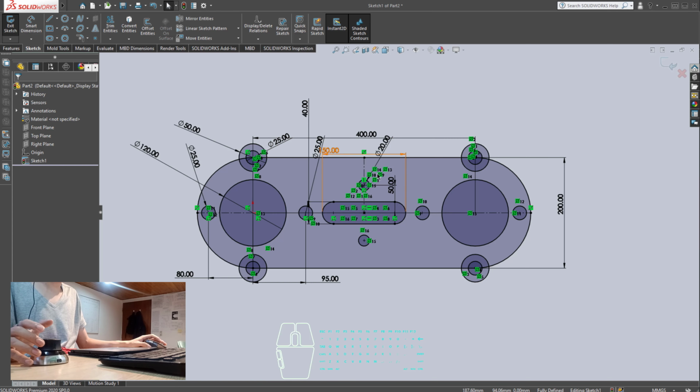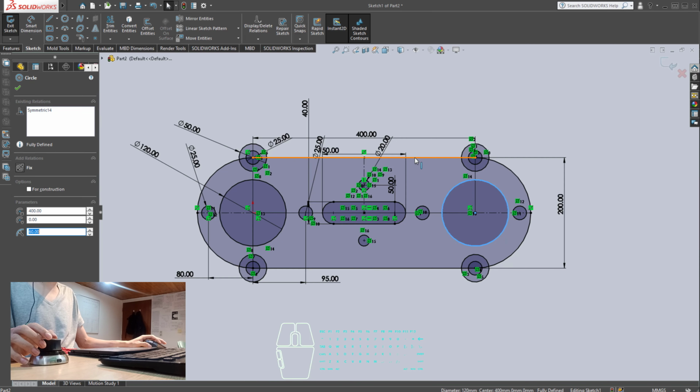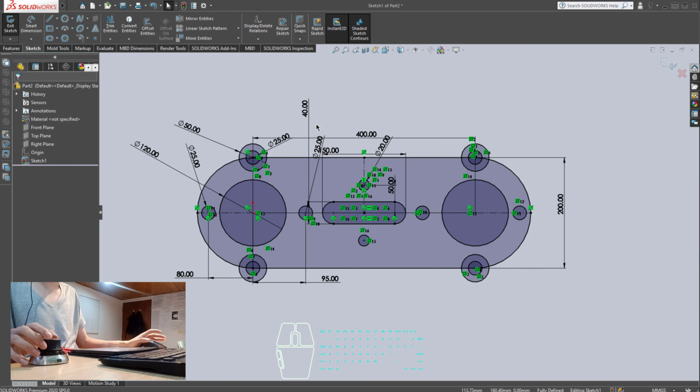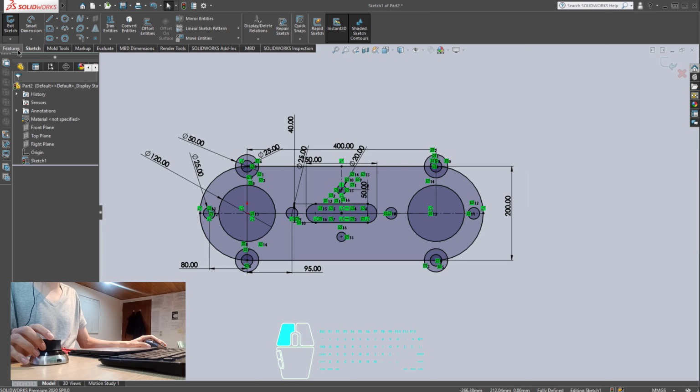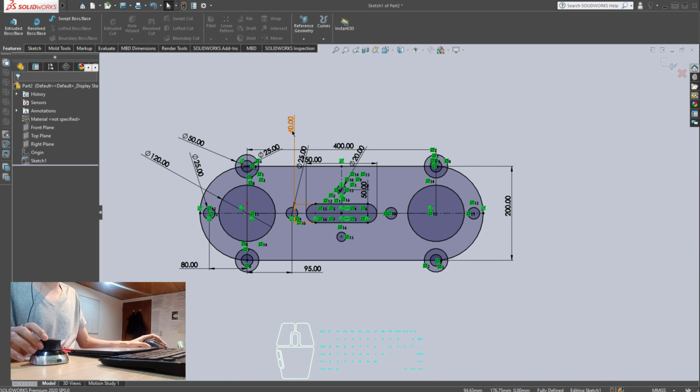One way for you to verify that it is correctly defined is to select one part and try to move it. As you can see, I cannot move anything. Everything is perfectly defined and therefore I cannot move anything. So what's left is to click on features. I'm going to activate the rotation of the space mouse